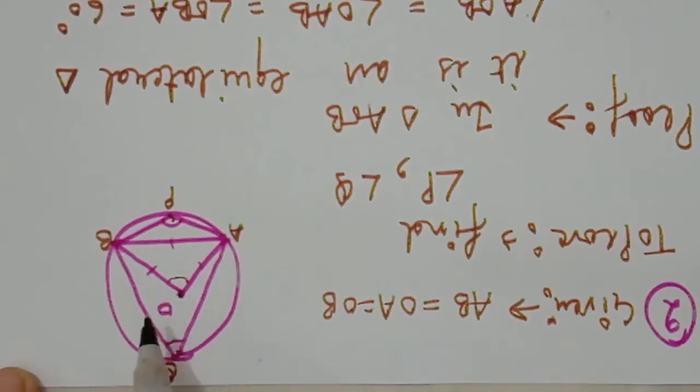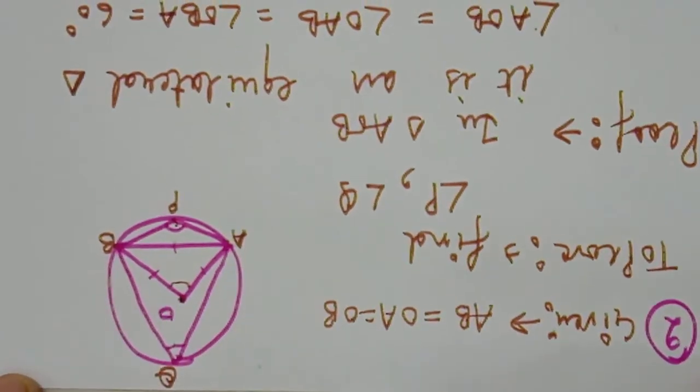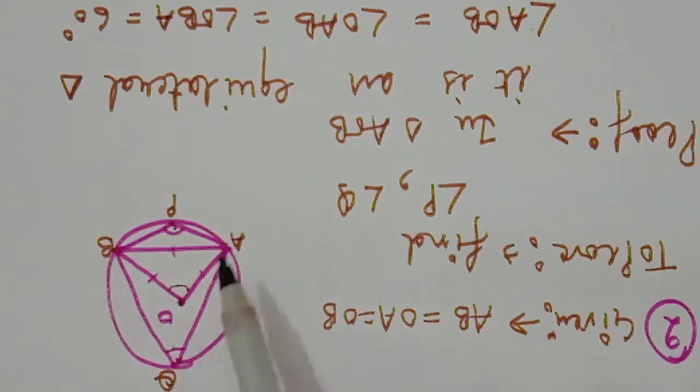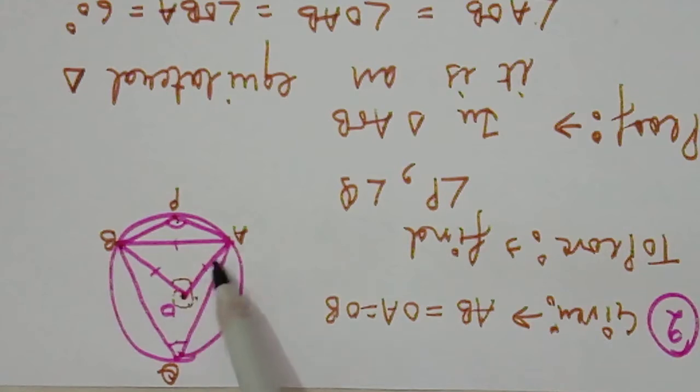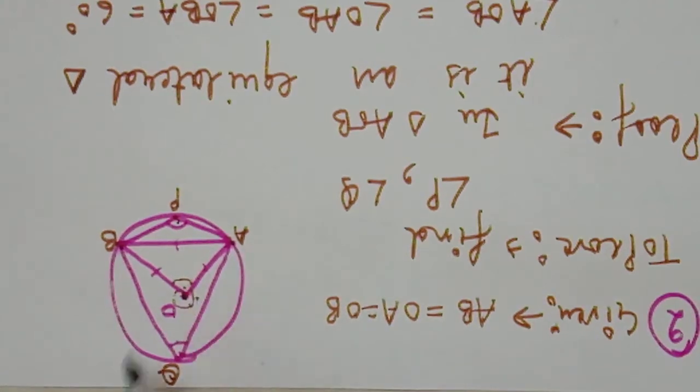If you saw theorem 10.8 and read it carefully, then it is very clearly visible. If we take a major arc in the third diagram, and this is the angle at the center, which we call the reflex of AOB, because angle AOB is here, and this is the reflex of AOB. So this angle P is half of the reflex of angle AOB. This is based on the third diagram of theorem 10.8.